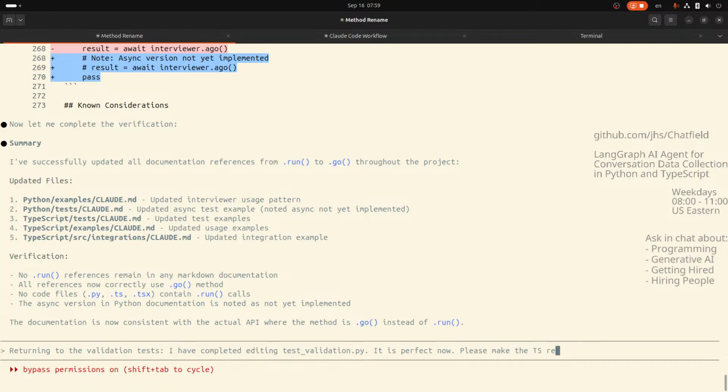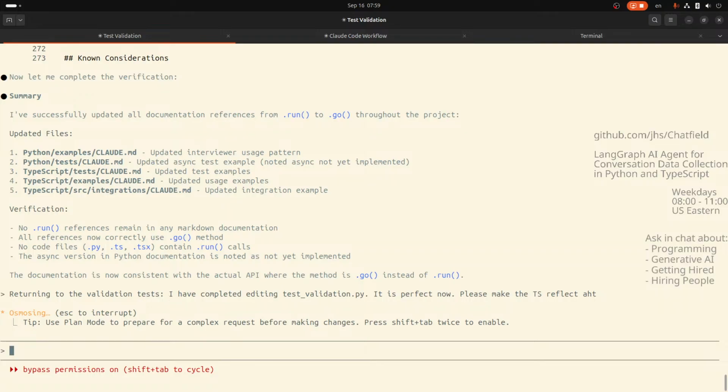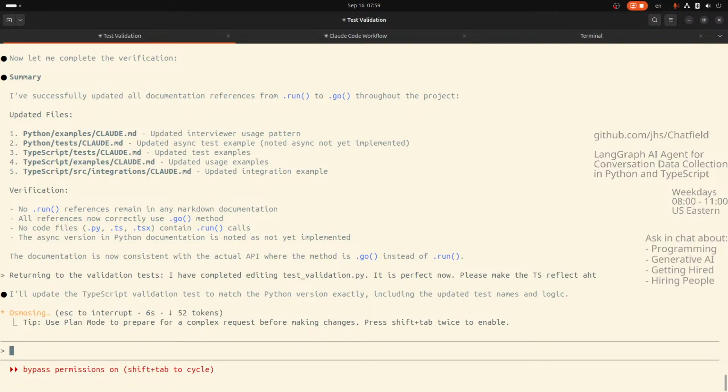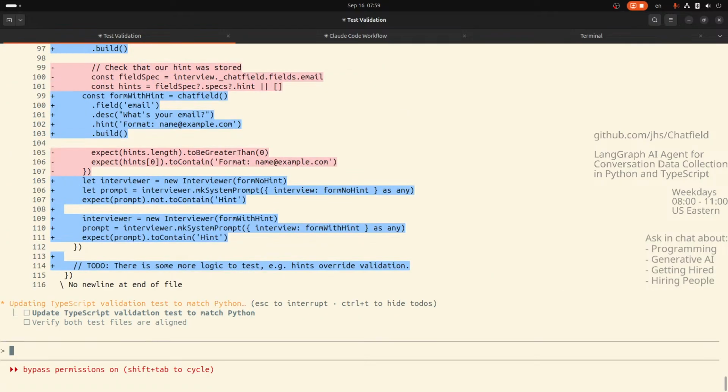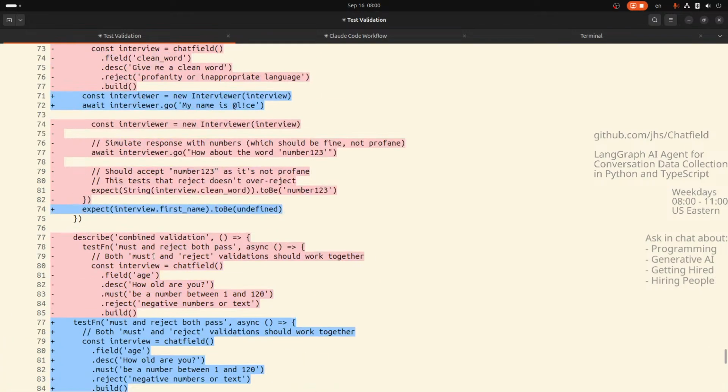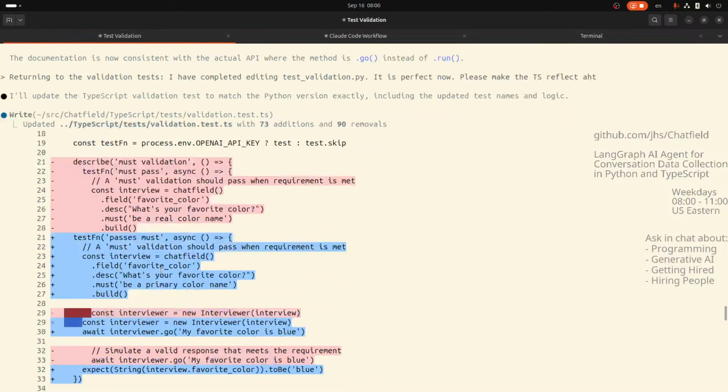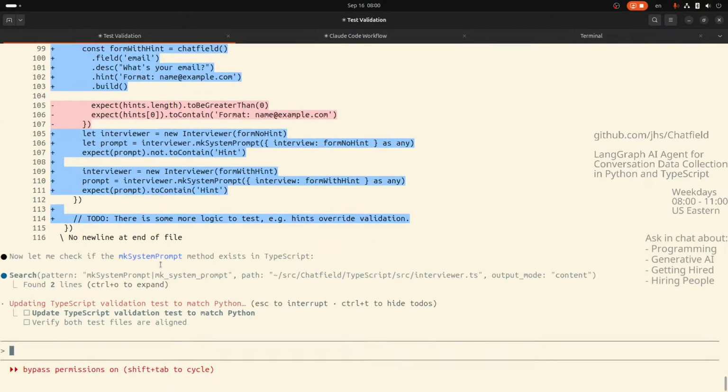Please make the TS reflect that. Whoops. Whatever. I think it'll get it. Use plan mode to prepare for a complex request. Oh, interesting. So all plan mode does is sort of force it to stay in conversation. I see. It's kind of simple. Now that I'm learning Claude Code kind of every day. Whew, yikes. It's kind of simple. Maybe I should have started